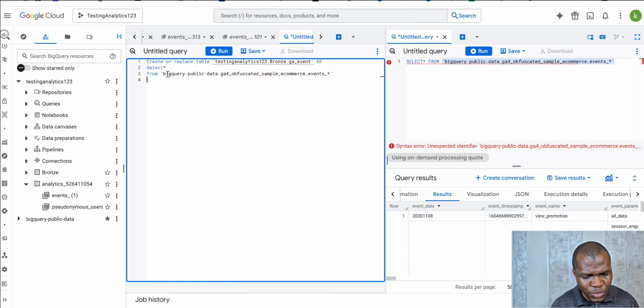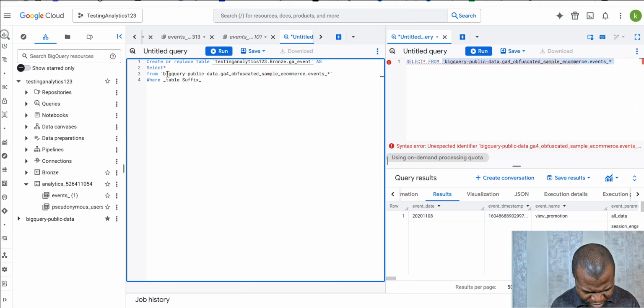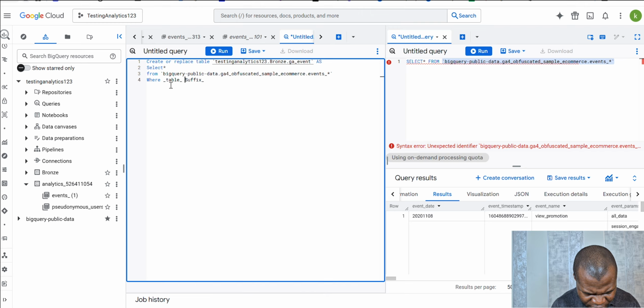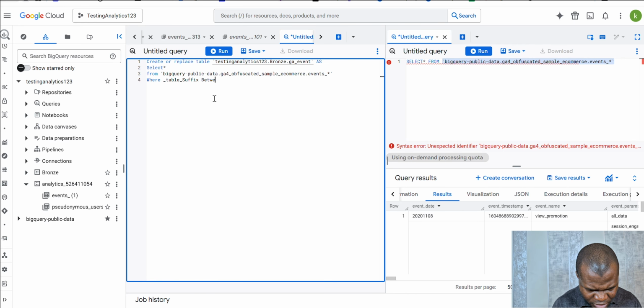Then where there is a need, because we want to limit our data set to just one year. So where the table suffix is between